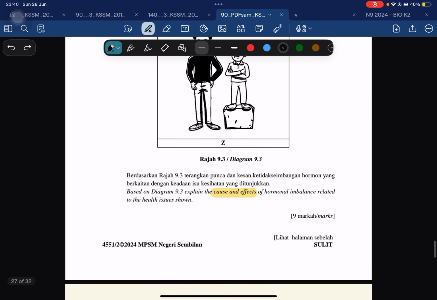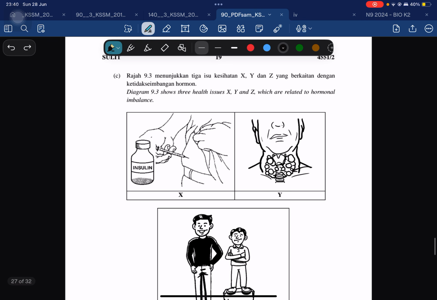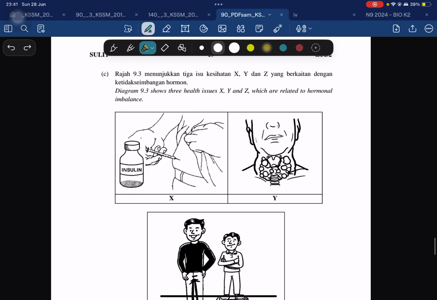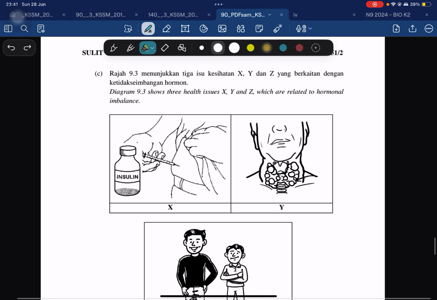Negeri 9, betul tak? MPSM ya betul, Negeri 9 2024. Yang ini adalah soalan percubaan, soalan trial. So we look at the question first. First, when you get a question, read. Baca daripada kulit kepada kulit supaya kita tak akan miss ataupun tertinggal apa-apa maklumat yang ada dalam soalan ni. Cuba kita tengok daripada ayat yang pertama.